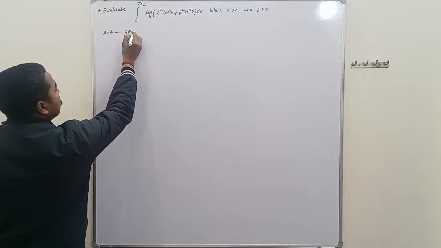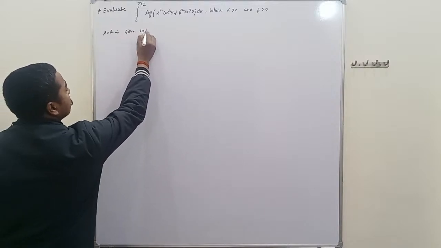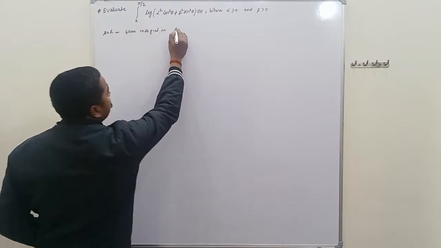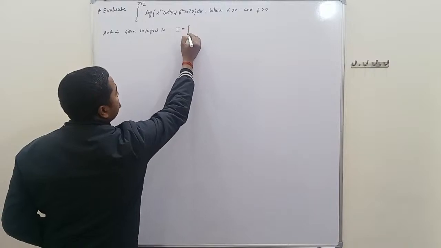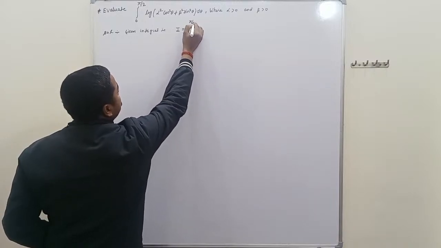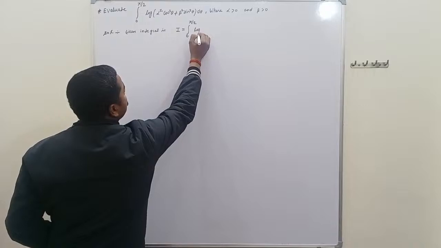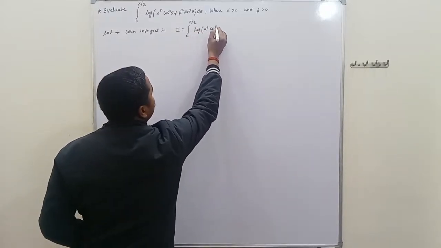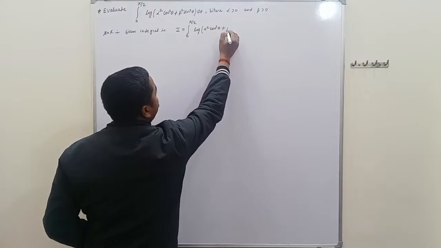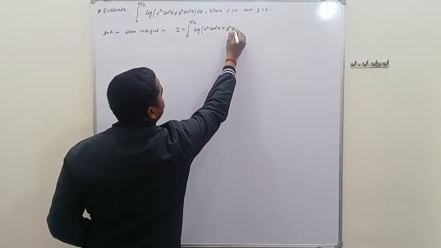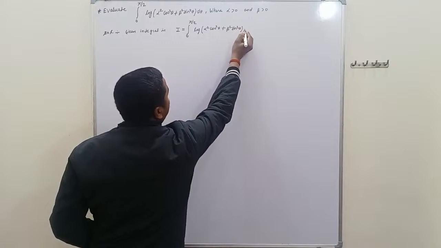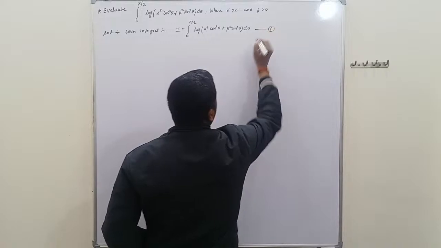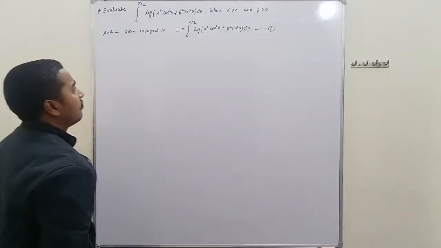Given integral is, this is equal to I, this is 0 to pi by 2 log of alpha square cos square theta plus beta square sin square theta into d theta. Let this be equation 1. Here alpha is the parameter, so